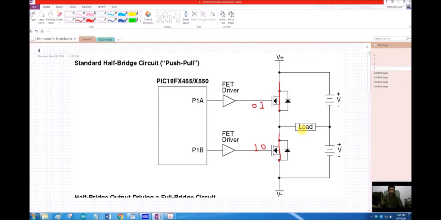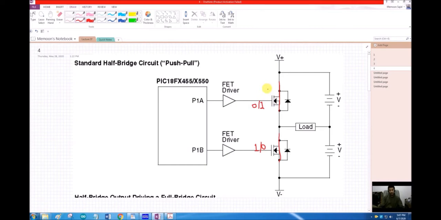So in case of push-pull configuration that is used in buck boost converters, you will be required to turn the transistors on alternatively. If there is a 1 at the base of the upper transistor, there should be a 0 at the base of the lower transistor, and vice versa.